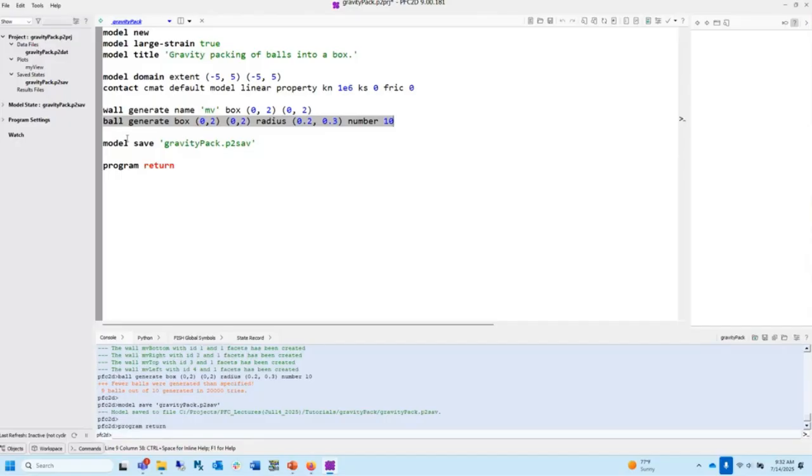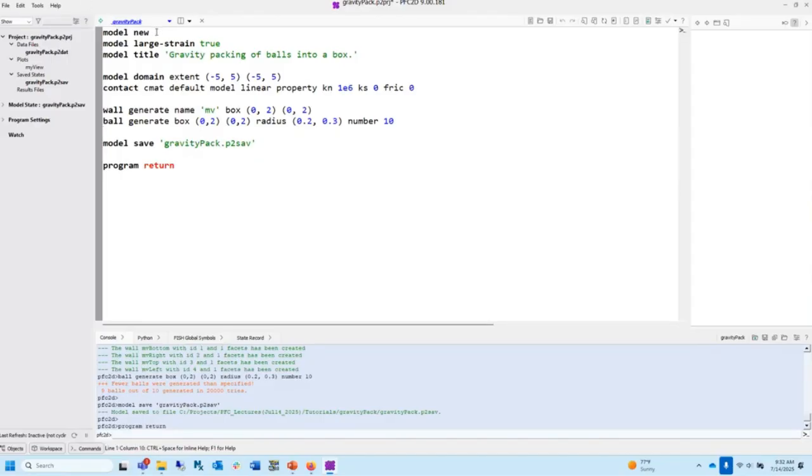And the generate command is randomly creating a position. And what is it doing? It's calling the random number generator, and it says, give me the next entry in the list. And the entry is always a number between 0 and 1. So it says, oh, my x coordinate goes from 0 to 2, and I'm going to multiply that by 0.5 if that's what it gave me. So as long as I always take the width, I can multiply between 0 and 1, I'm going to get a random x position. And then it calls the number generator again, and it gets a random y position. And so